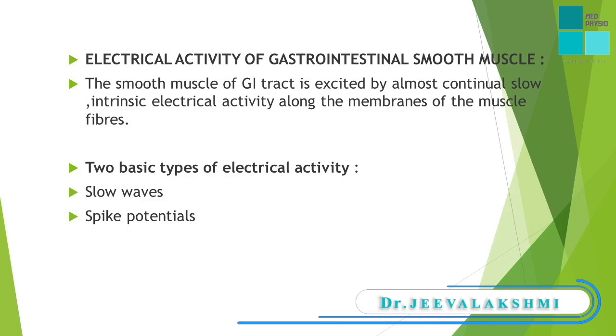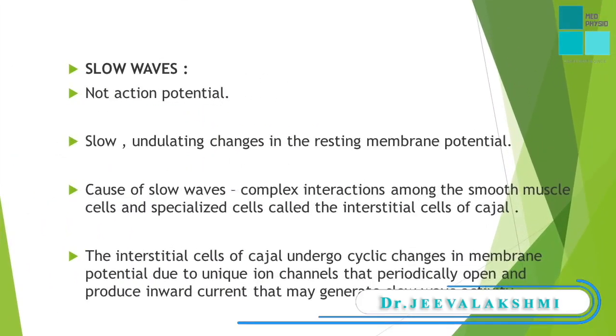Slow waves. Most gastrointestinal tract contractions occur rhythmically, and this rhythm is determined mainly by the frequency of so-called slow waves of smooth muscle membrane potential. These waves are not action potentials; instead they are slow, undulating changes in the resting membrane potential. Their intensity usually varies between 5 and 15 millivolts, and their frequency ranges in different